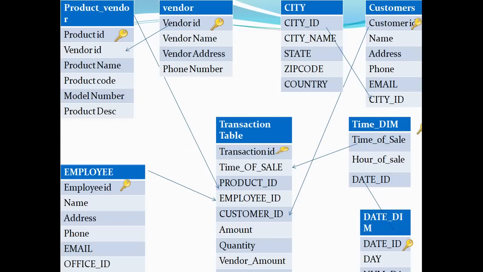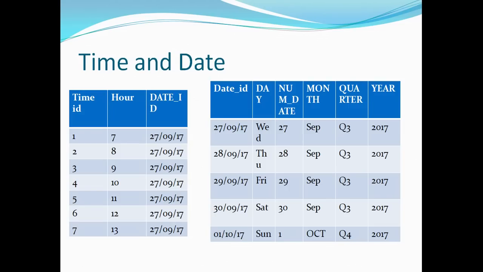Let's go ahead and see the data, how it looks after the dimensions are normalized. This is my time and date dimension. So I still have a single row for every hour for this particular date, but these columns which were getting repeated, I was having Wednesday 24 times, the date 24 times, the month 24 times, that issue has been resolved now. Now I have a single row for each date here. So that means it gave me an advantage. The data storage has been reduced to maybe almost 80%. It has improved. So that is a huge number.